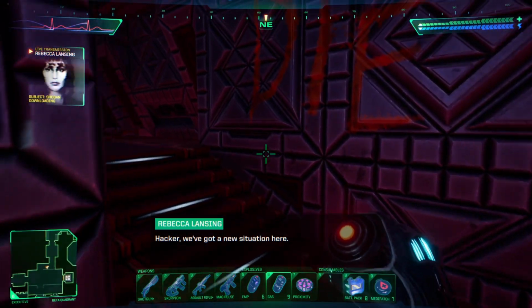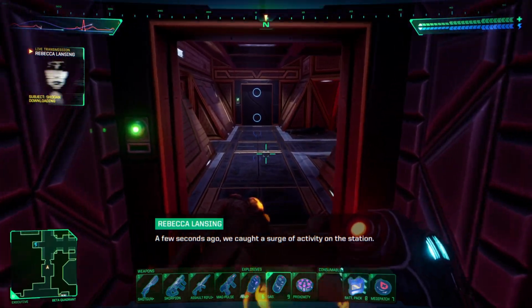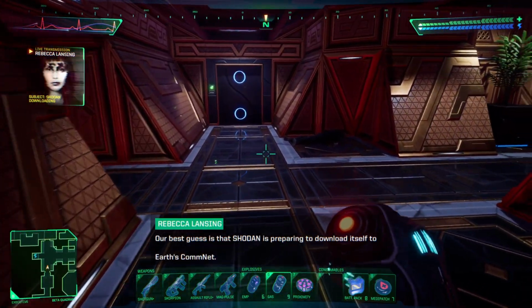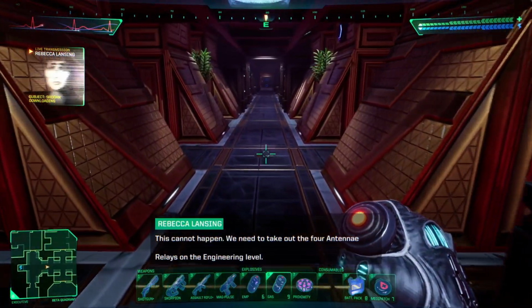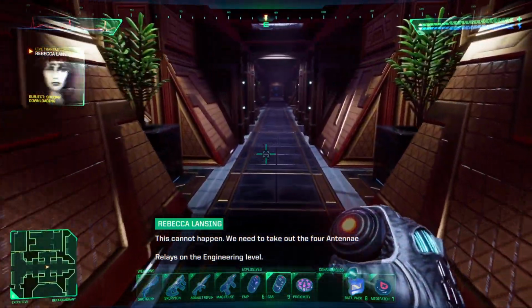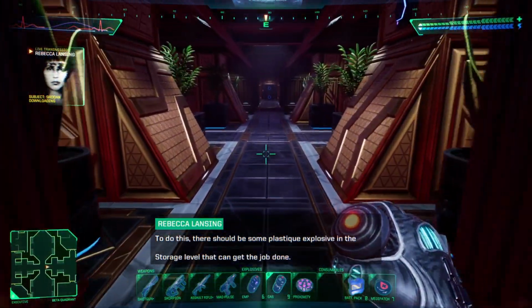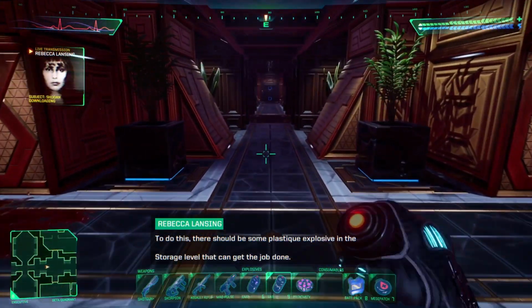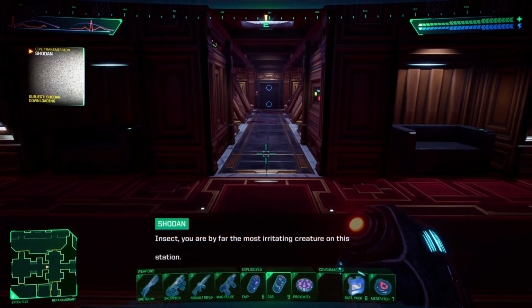We've got a new situation here. A few seconds ago, we got alert activity on the station. Our best guess is that SHODAN is preparing a down launch of the Earth-com nectar. This cannot happen. We need to take out the 4 antennae relays on the engineering level. To do this, there should be some plastic explosives within storage rooms that can get the job done. Maybe one per antenna should...